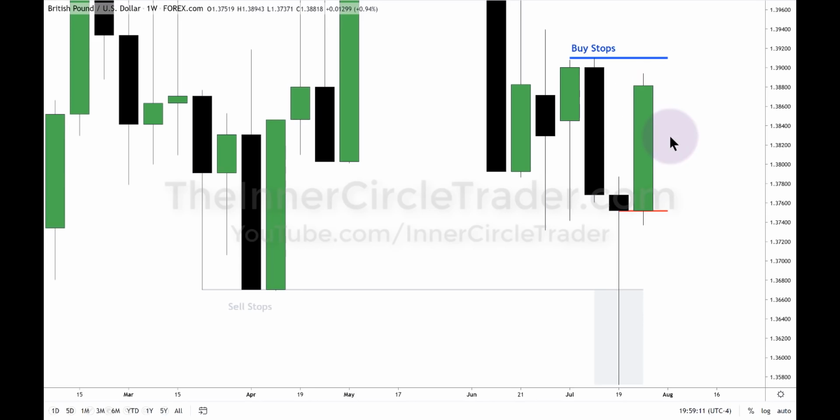Now at the time of this recording, it's only Tuesday evening in my local time on the east coast of the United States, but it could very easily continue and trade well beyond these levels here into Wednesday and Thursday, maybe even Friday. I don't need to know that. The premise starts with, we're down here, we came off the low after taking stops, it's probably going to make a run for this area up here for liquidity.